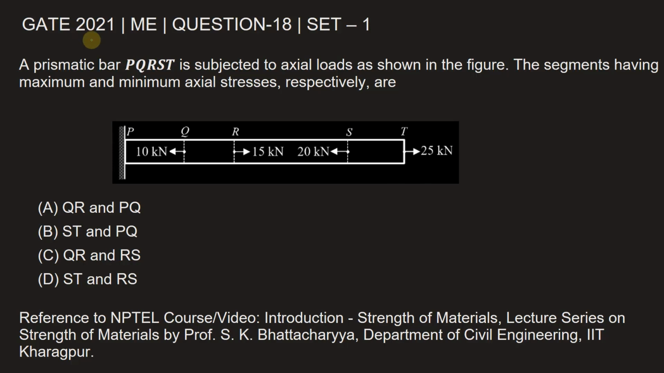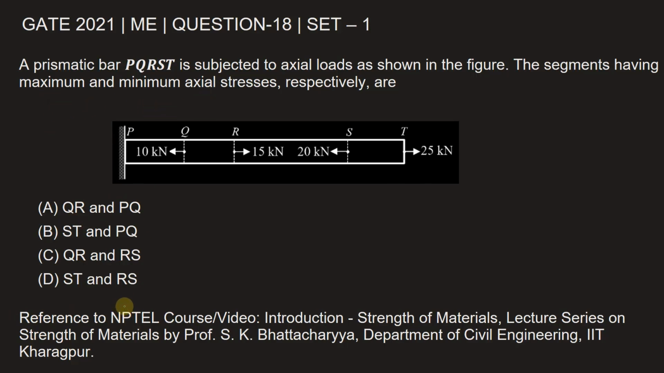This question is from GATE 2021, Mechanical Engineering paper, Set 1, question number 18. A prismatic bar PQRST is subjected to axial loads as shown in the figure. The segments having maximum and minimum axial stresses respectively are. We have to identify from these four options which are the two segments which will have the maximum and minimum